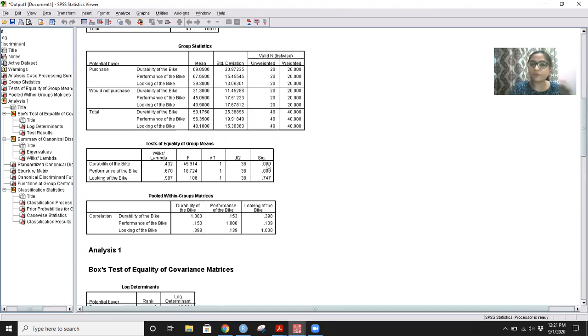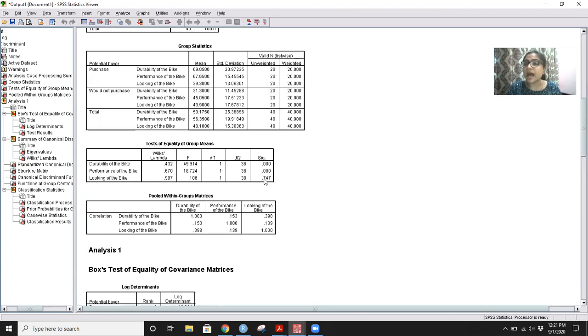Now we'll test for performance. Again, we're able to reject the null. So we're saying that performance of the bike, as an independent variable, is also statistically discriminating. And then looking of the bike has a p-value of 0.747. That's way too high. If you're taking any alpha, 5% or 1%, this p-value of 74.7% is clearly greater than alpha.